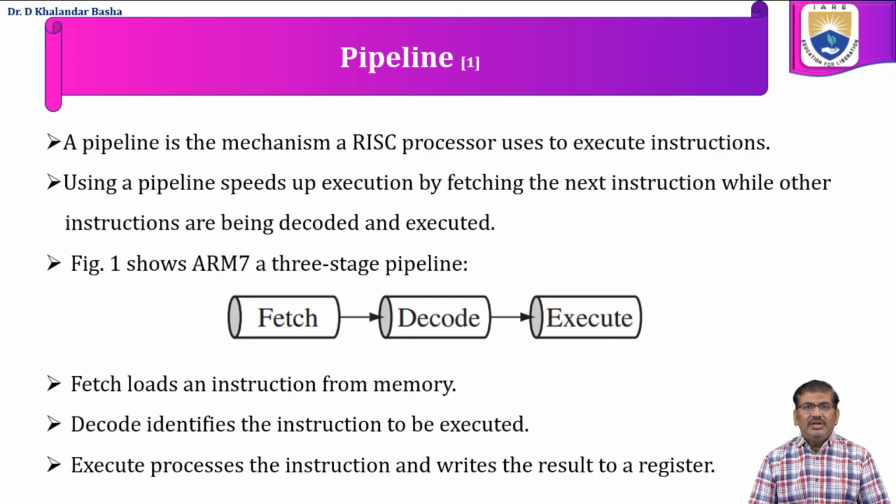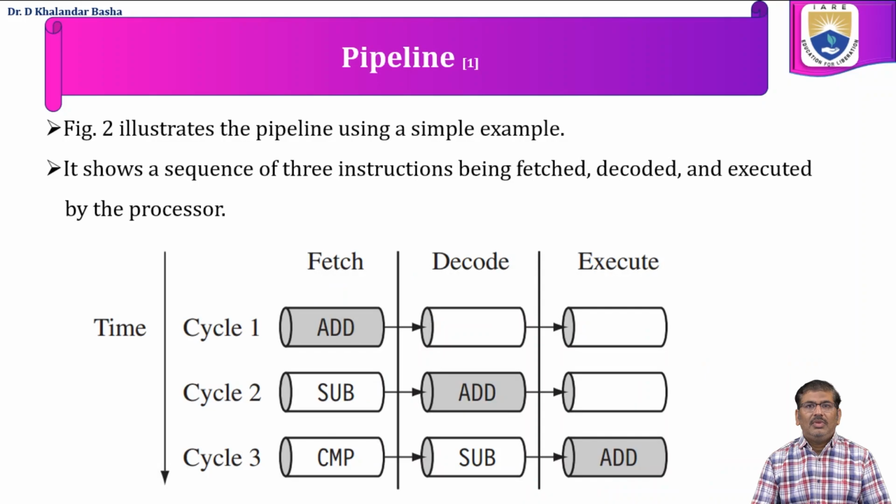ARM7 has a 3-stage pipeline structure, which is shown in figure 1. The three stages are fetch, decode and execute. Fetch loads the instruction from the memory. Decode identifies the instruction to be executed. Execute processes the instruction and writes the results to the register. Figure 2 illustrates the